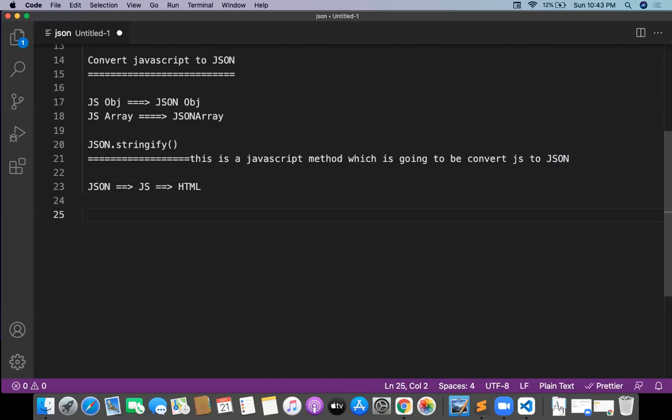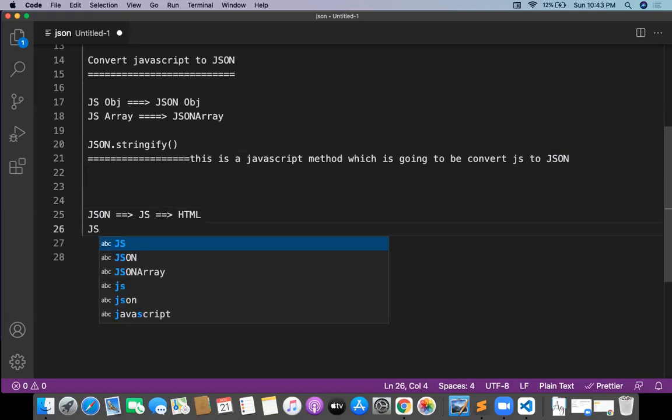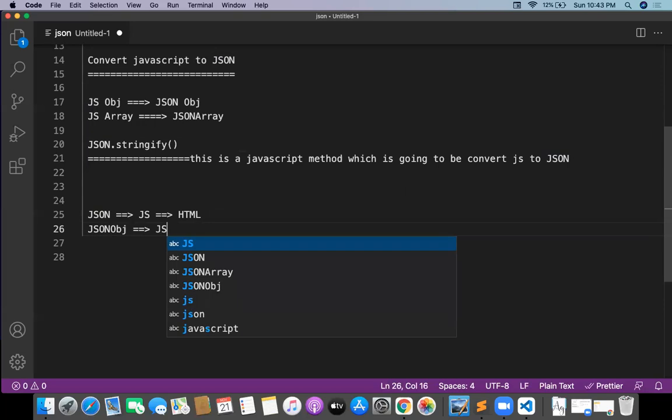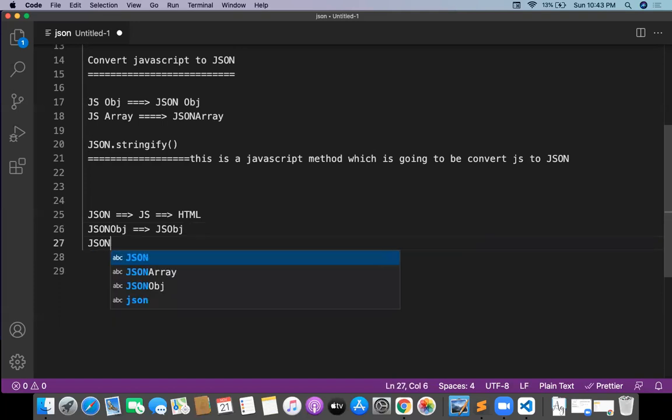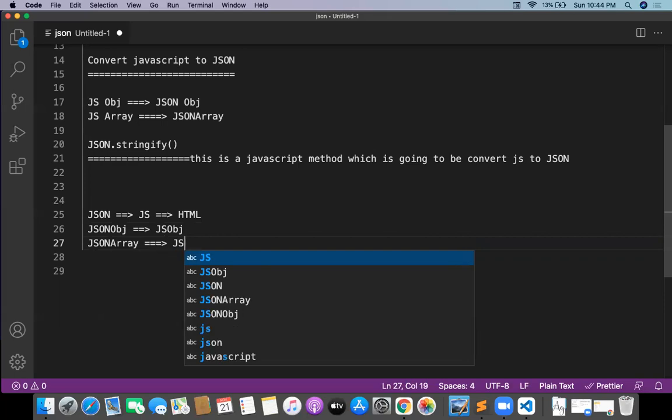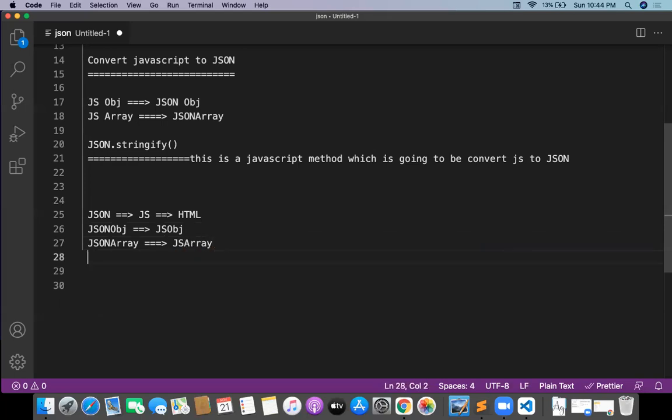If you want to do JSON to JS, we need to convert a JSON object to a JS object, and a JSON array to a JS array. How do we do this?